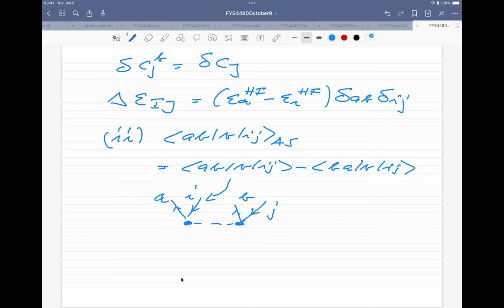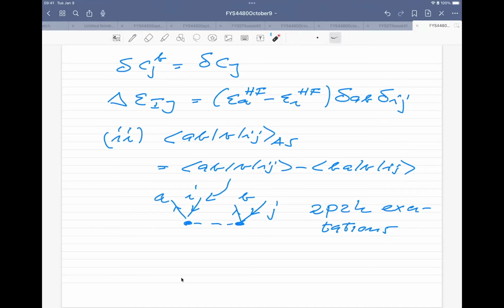When we put labels on everything, this is something which we would call a two-particle two-hole excitation. So we had two-hole states, which then get promoted to two-particle states. So when you see a diagram like that one, you can interpret that as two-particle two-hole states being created. So you start with two-hole states, you remove these states below the Fermi level, and then you promote the two particles up into an excited state, A and B. And you've created a two-particle two-hole pair.